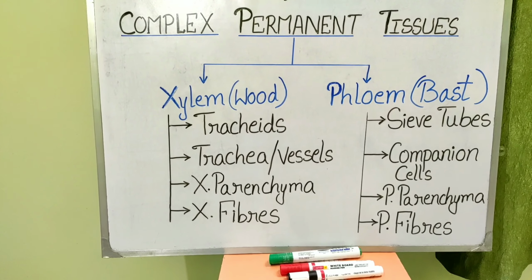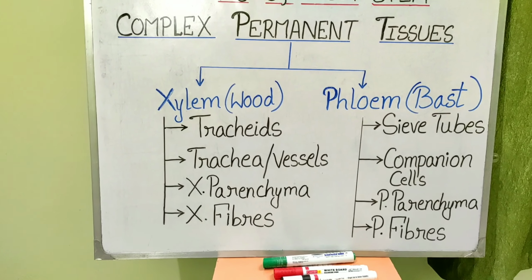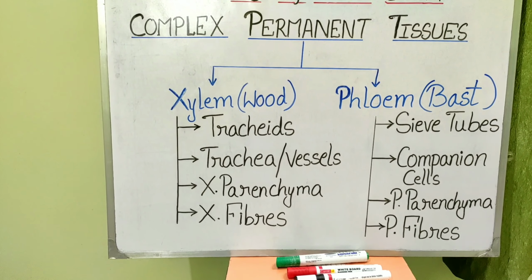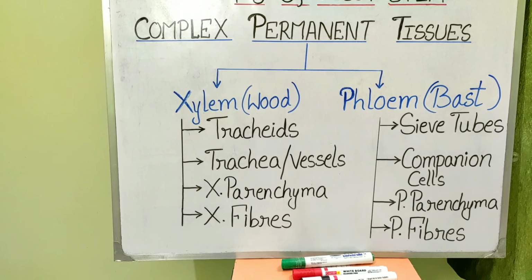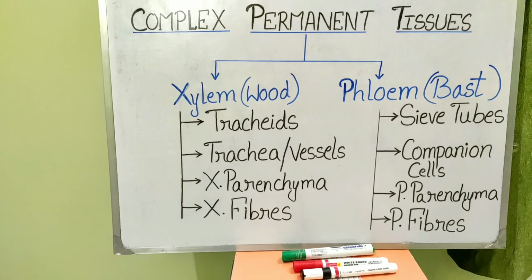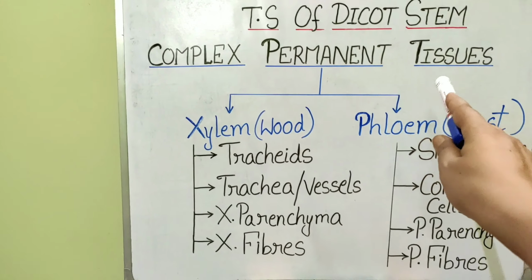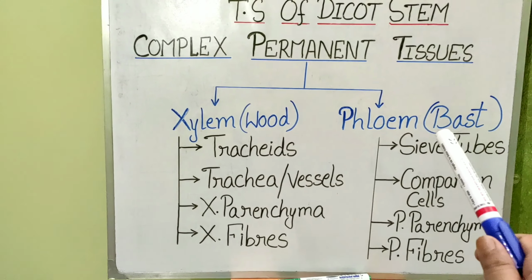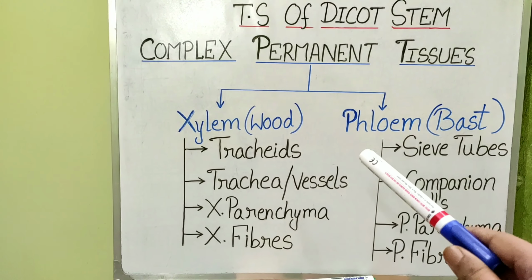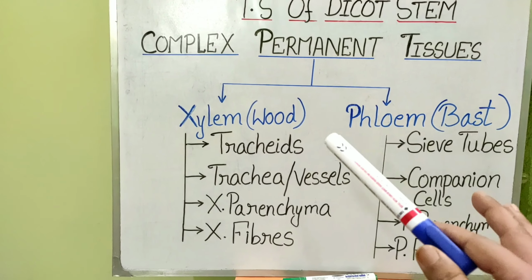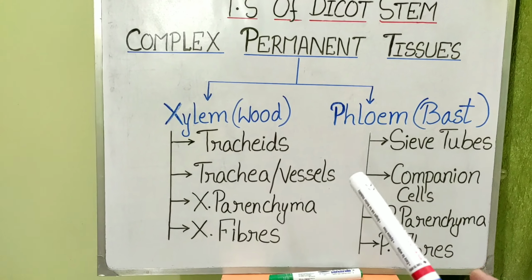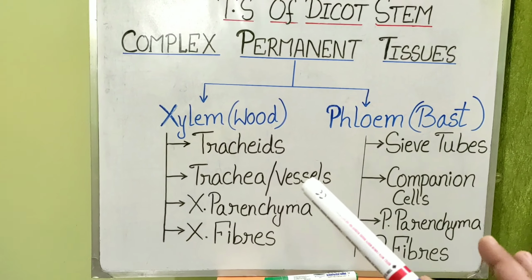The complex permanent tissues are named so because along with giving mechanical support to the plant, they perform some other activities. We have seen in case of simple permanent tissues, their activities are associated with only a single function and they are made up of similar type of cells. But in case of complex permanent tissues, they are made up of different types of cells. The origin is same, but the differentiation of those tissues later on during the developmental stages makes them different from each other. Understood? So origin wise they are same, but function wise when they grow up, the function changes.